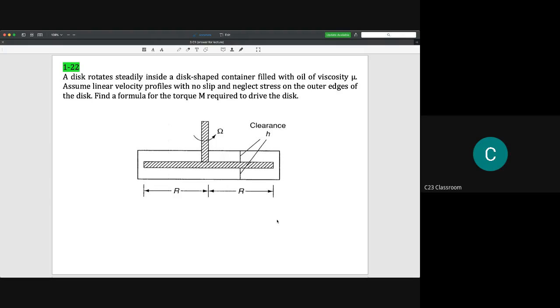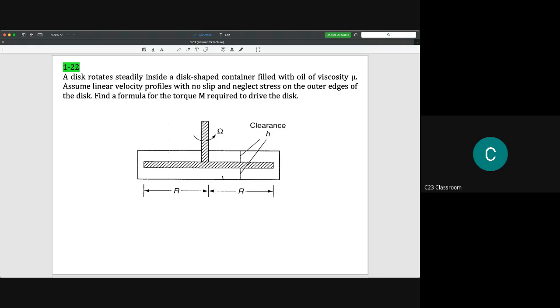Okay, so we continue our discussion on the tutorials. So this is the question for 1.22. A disk rotates steadily inside a disk-shaped container. So this is a disk here, and it rotates. It might be a closed container, which means both sides, at the top here and also at the bottom here,